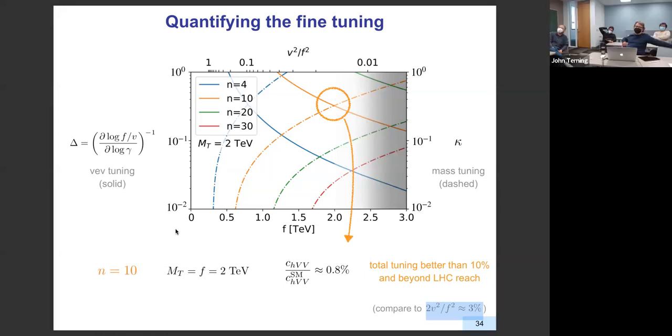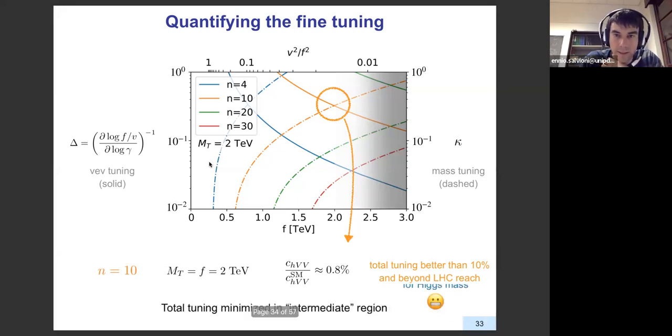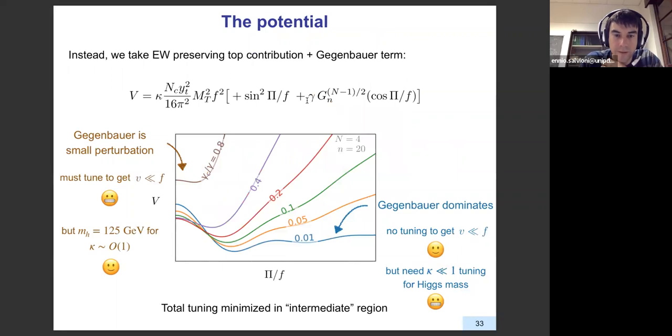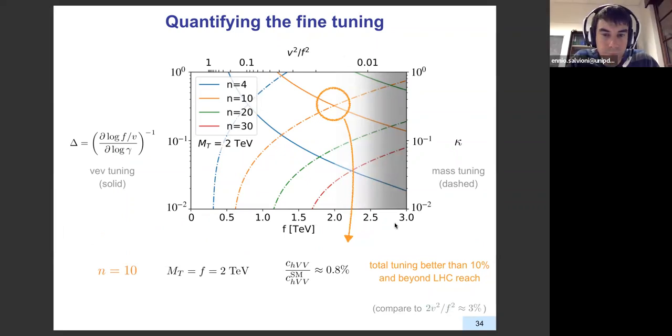Well, how many parameters are you tuning? Kappa and anything else? Let's say I'm tuning Kappa, and if needed, I'm tuning Gamma. Let me go back. Yes, so it's Kappa, the overall size, plus Gamma, which is the VEV tuning, deciding where the minimum is. Multiplying them together to get your 10%? That's right. And yeah, so this is, I think, the partial conclusion.